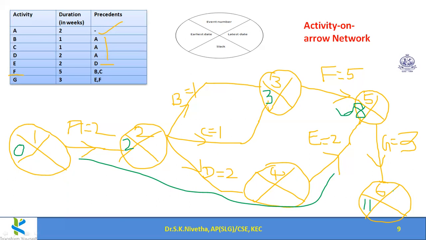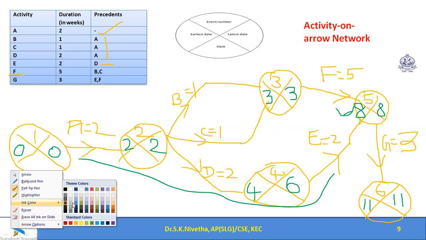Now in the backward pass, final duration we should fix as 11. 11 minus 3 becomes 8, and 8 minus 5 becomes 3 here. 8 minus 2, here I didn't fill. 2 plus 2 becomes 4 here. From backtrack, 8 minus 2 becomes 6. Here 3 minus 1 becomes 2, 3 minus 1 becomes 2. Both are 2, so I am fixing 2. 2 minus 2 becomes 0. So now backward pass is also over.